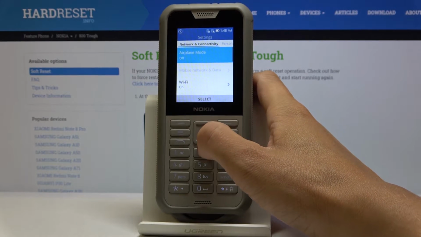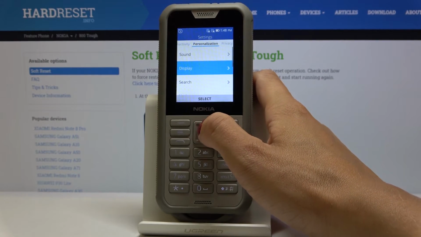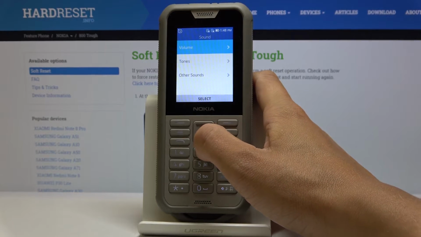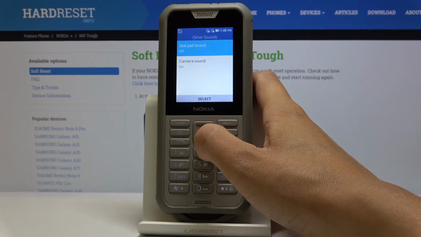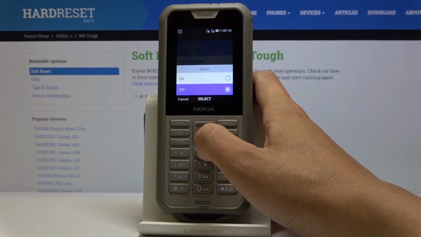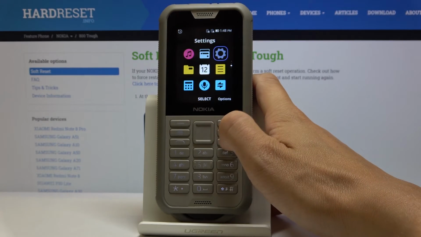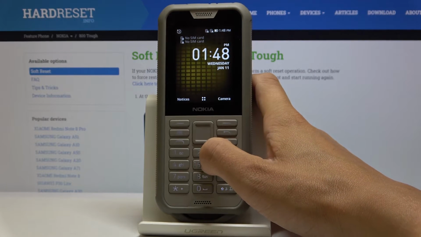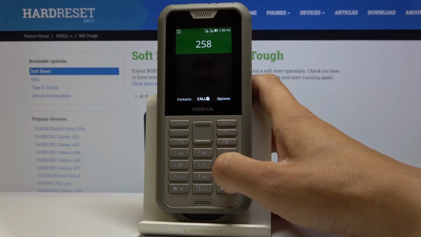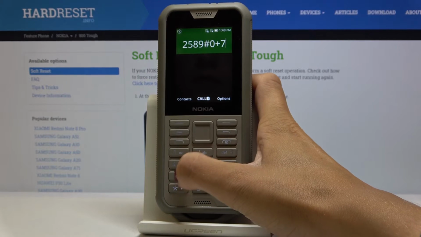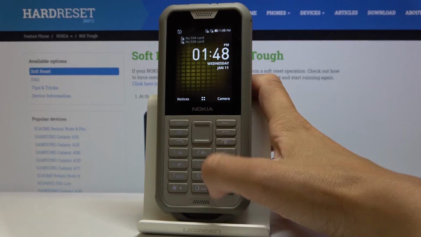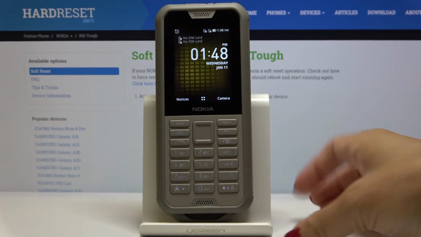then go to personalization and pick sound, so it's the first option here, and go to other sounds. Click dial pad sound, and now you can activate it smoothly by tapping on, and from now on you will be able to hear each number. And that's it. So this is how you can activate dial pad